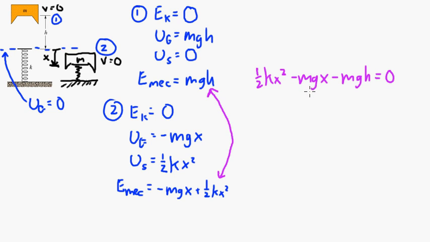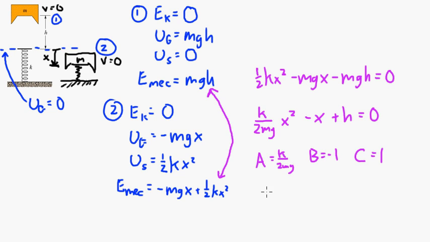I'm going to divide through by m and g. So this is going to be k over 2mg times x squared minus x plus h equals 0. Okay, so for our quadratic formula then, capital A is k over 2mg, capital B is -1, and capital C is 1. So now let's see, x equals, so it's -b, so it's 1, plus or minus square root